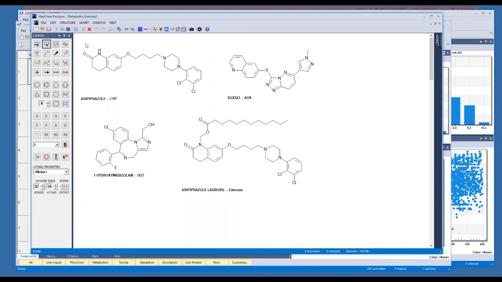Now I'd like to just spend a minute reviewing the process of metabolite prediction. I think it will help. I'll be thinking about this compound, aripiprazole, and I'm going to focus on cytochrome P450 metabolite prediction first before I talk about the others. So when you predict metabolites, the first step is